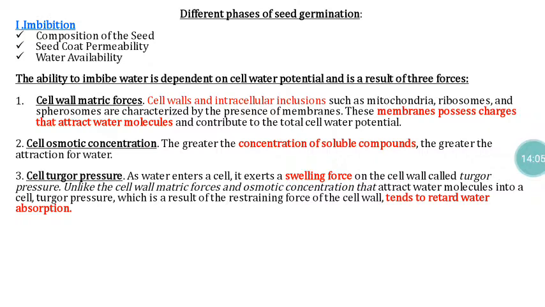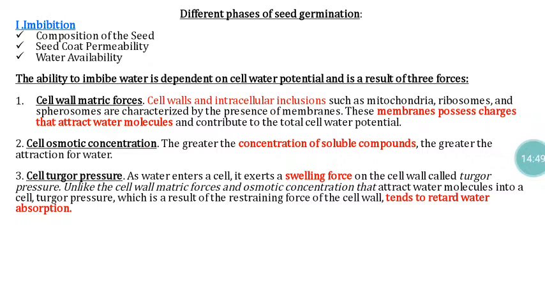The other one is the cell osmotic concentration. So this is going to play a major role in most of the seeds, most of the crops. The cell osmotic concentration is a deciding factor with reference to whether the water is going to enter into the seed system or come out of the seed system during the process of imbibition. So normally if you soak the seeds in good quality water, during that imbibition process the water will move from low concentration to high concentration. Here what we expect is that the water should enter the seed system from outside.